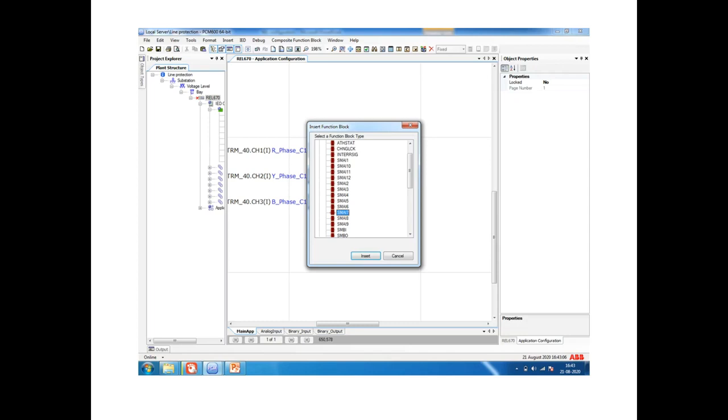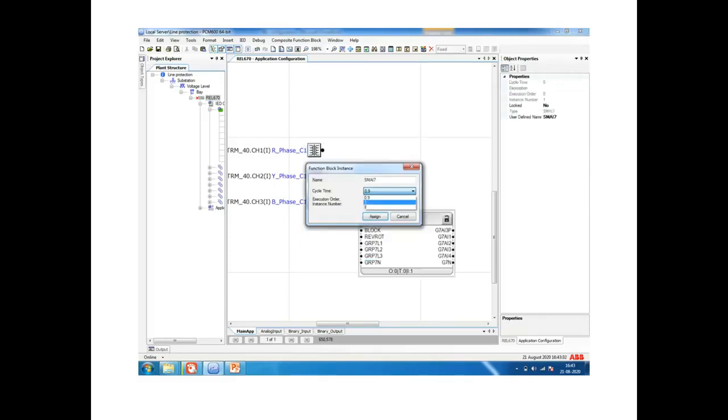When I select that, it will ask for the cycle time. For protection we have to use 0.9 or 3, maximum 3 millisecond, because the reaction time of our protection depends upon this. If you make it 8 millisecond, then our protection will have a time delay of 8 millisecond in detecting the fault. So normally we go for a maximum of 3 millisecond selection for detecting a fault. We can select 0.9 also, it will be more accurate, but generally we go for 3 millisecond. So I have selected 3 millisecond,